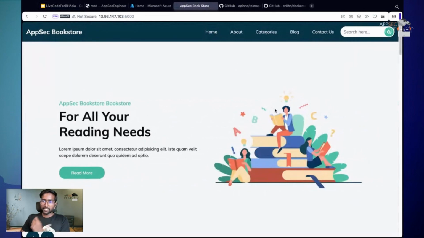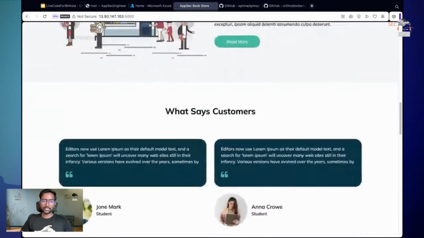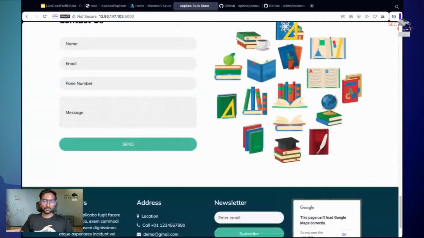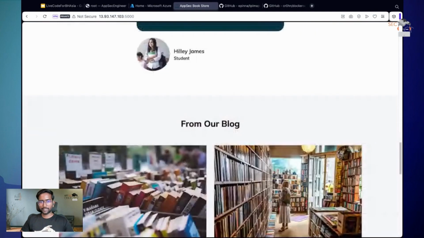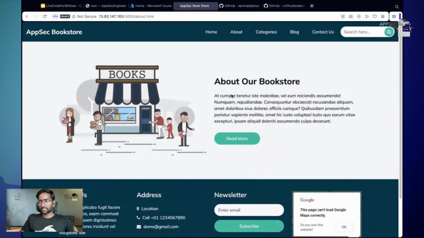So the application itself is a pretty straightforward application that we built for this purpose as a showcase. It is a bookstore application and quite generic. It is trying to showcase several pages, and it has a lot of elements that are quite nice to look at. However, let us say that in the course of some black box testing scenario, where you're trying to break the application to figure out what is wrong with it,